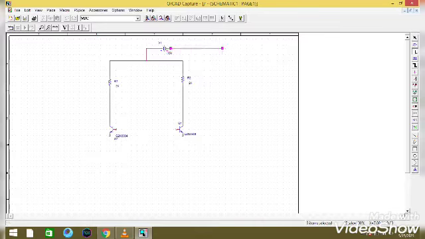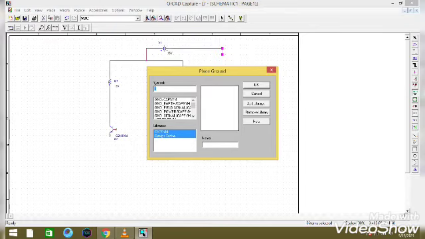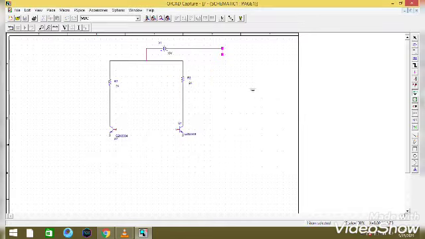Extending the wire in order to make the other side for ground. You can see the ground options available on the right side of the window, GND, and in that you should select GND CAP SYM. In the name you have to give 0. If you are not giving 0, it will show you a floating error. Now I am placing the ground and end mode.